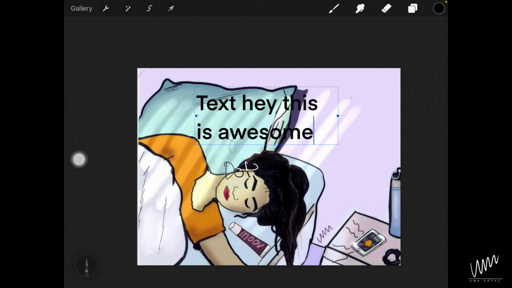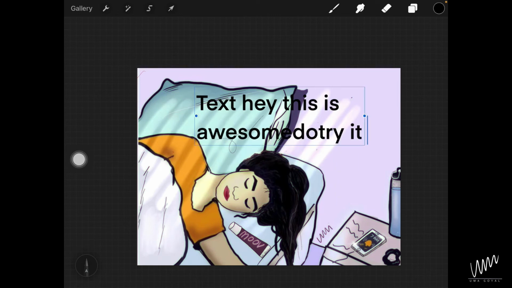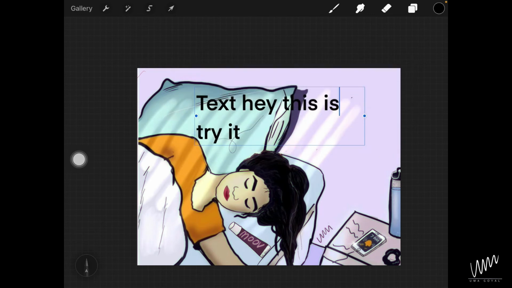Do try it. So now you see that I haven't given spaces, so I'll just draw a vertical line and it will add a space. So you have to make sure that your cursor is also over there. So my cursor should be between E and D, and then I draw a vertical line here, and I just have to draw it once. If I draw it twice, then the word will get deleted. For example, if I do something like this, then it's going to get deleted because the action to delete the word is actually scratching it or just canceling it multiple times.